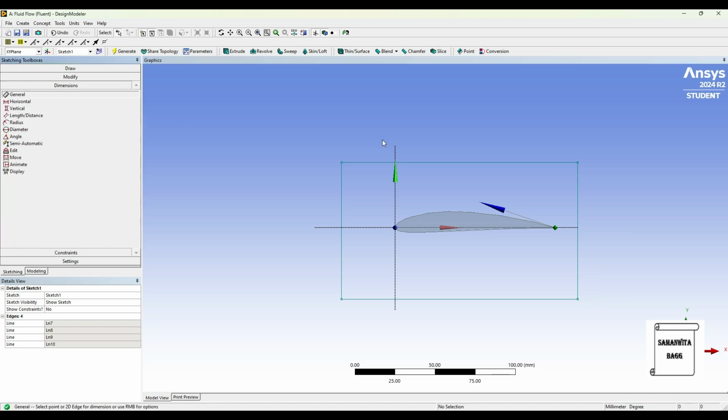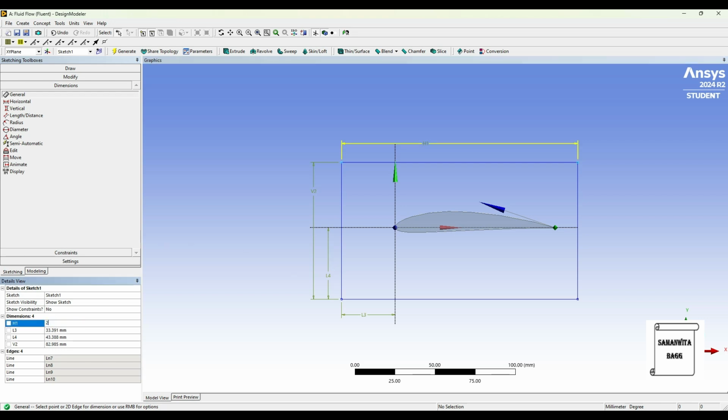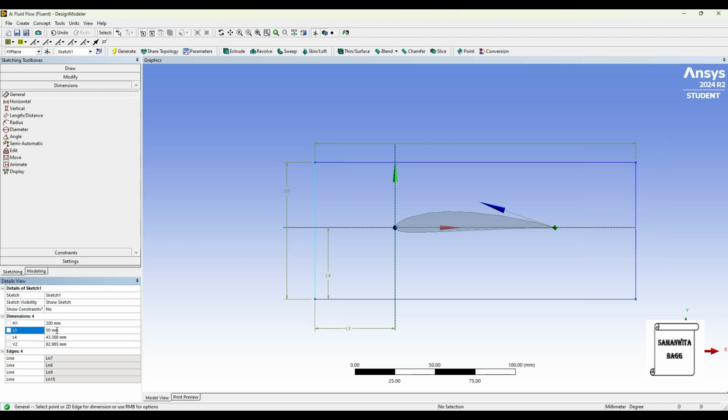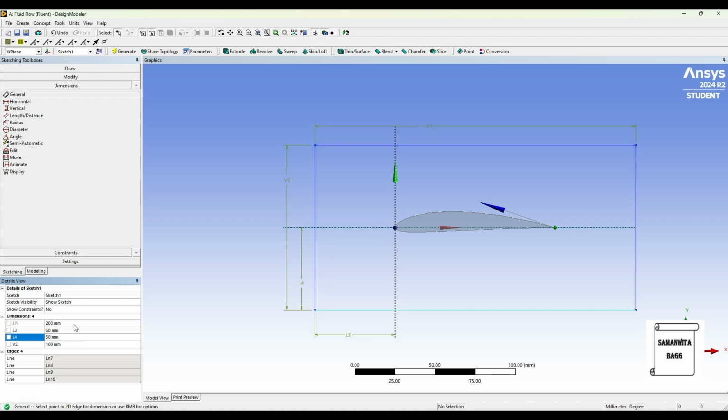Then I'll go to dimension and I'll give these dimensions. H1 is 200, L3 is 50, V2 is 100, L4 is 50.